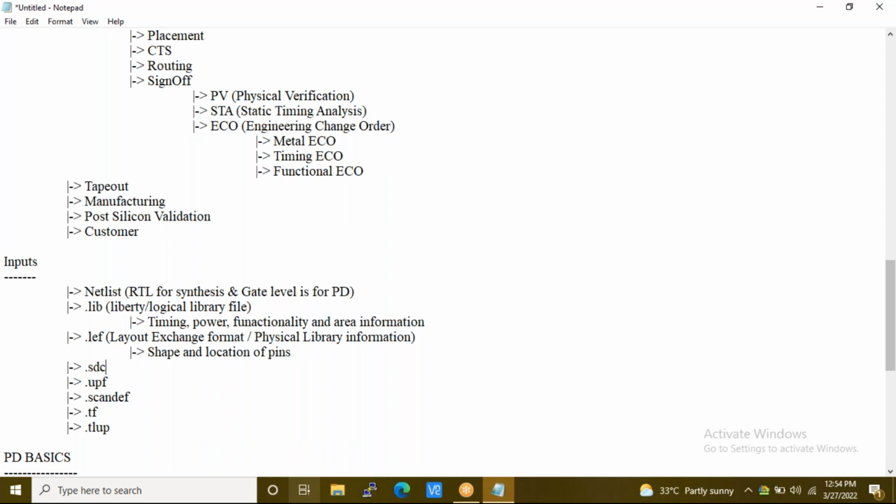Okay, next, SDC, which we have already written out earlier. What is the full form of SDC?